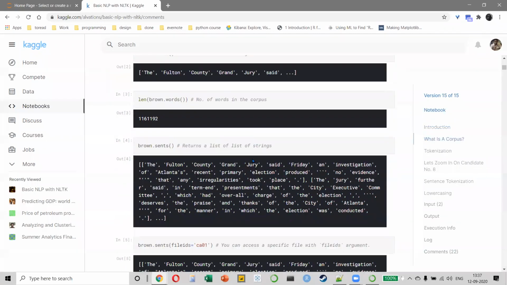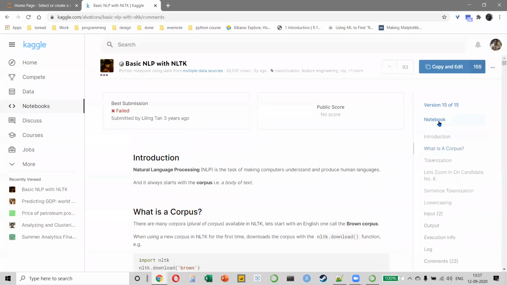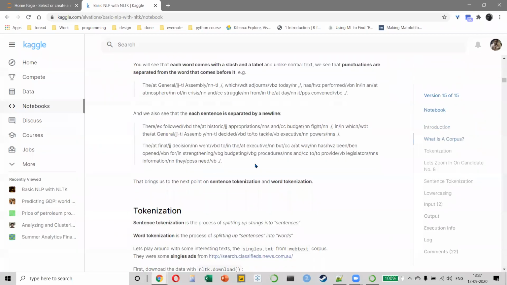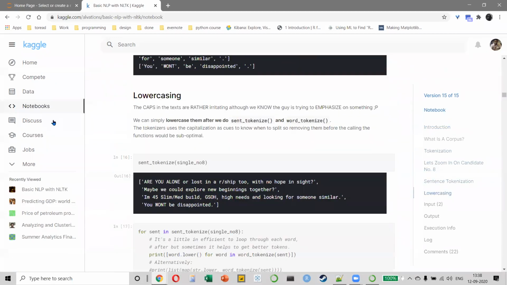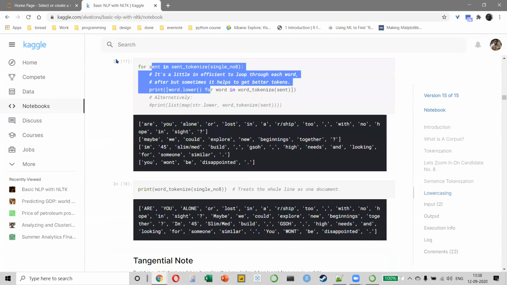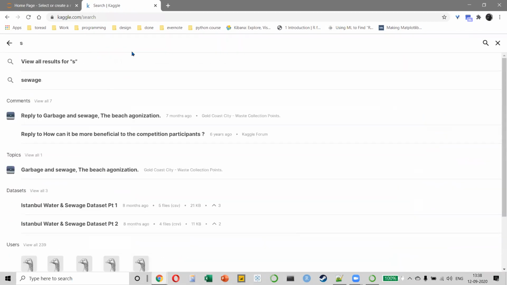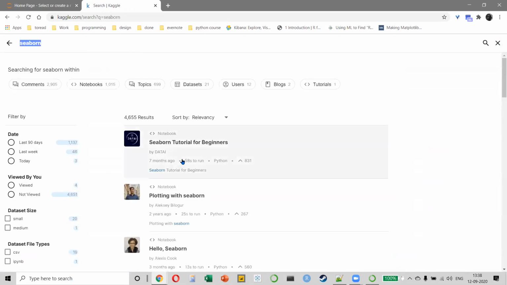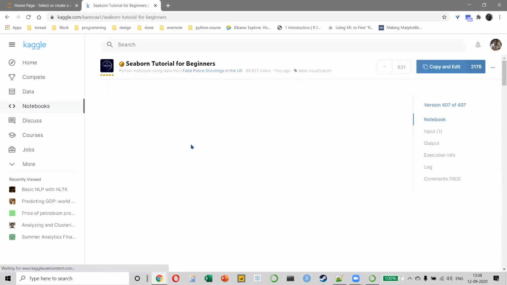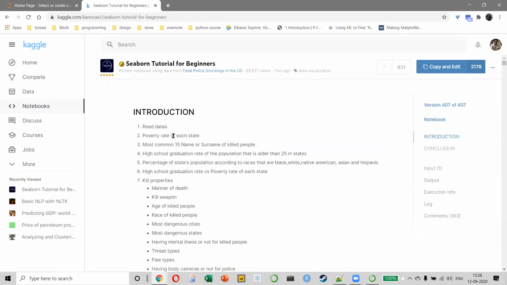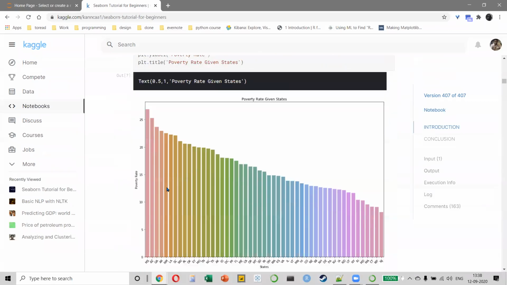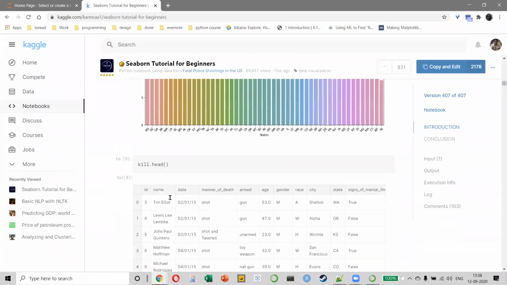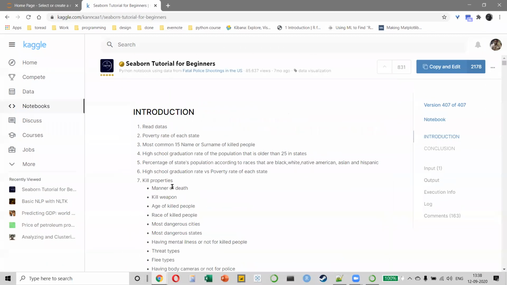And you can see here that the entire notebook can be seen like this. Right? And the best part is they have also explained how they have done everything. If you want to search for Seaborn, you can just type Seaborn, and you will see that different people have created notebooks for Seaborn. And this is the best way to learn. By looking at what other people are doing, you will also learn how they did it, and then try to do it on your own, like this. Right? So that's the basic process of how we do this.